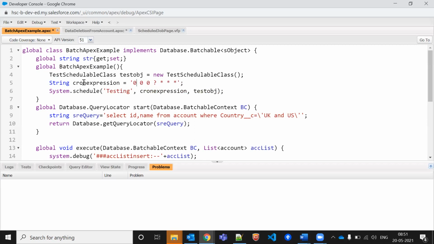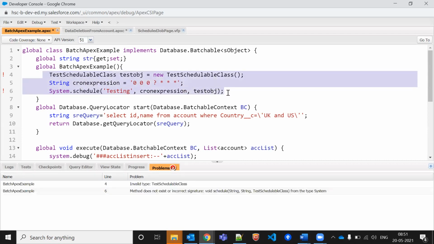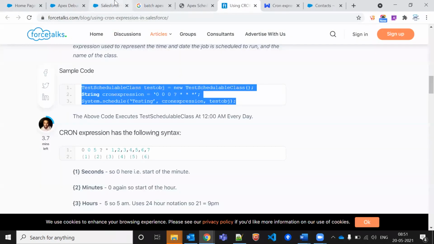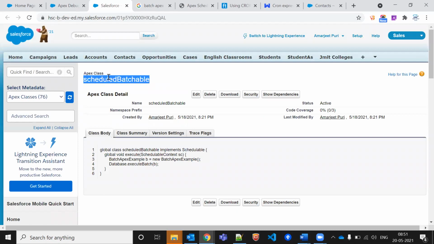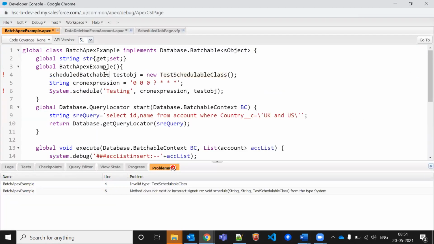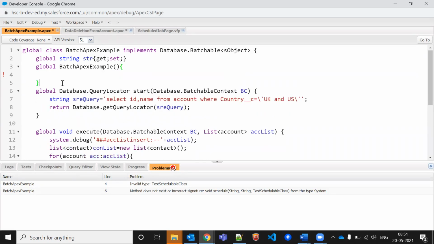Okay, so and we'll do one thing. If I call it not in constructor, so if I create it in the constructor, that time that will not be executed, it will immediately execute, but we need to execute that on clicking on any button. So that is the cron expression. Okay, fine. Testing my job name. Okay, fine. So let me create one of the method here.